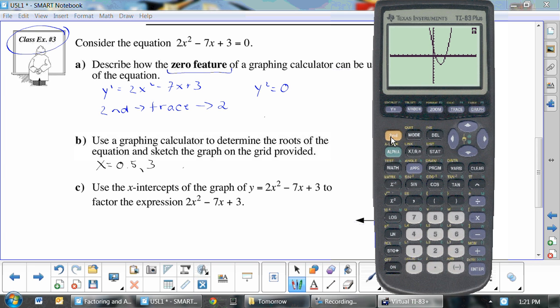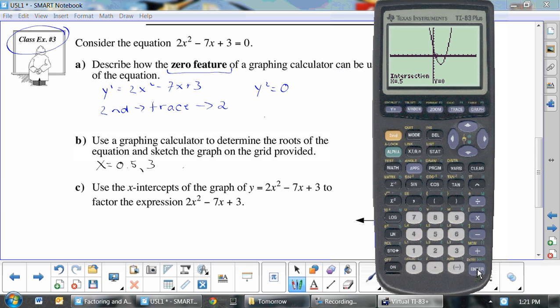Andrew, you have that? Perfect. Okay, so I'll show you how to do it. Just hang on to those hats. If you go to second trace and to intersect, and you hit enter 3 times, so enter, enter, enter,